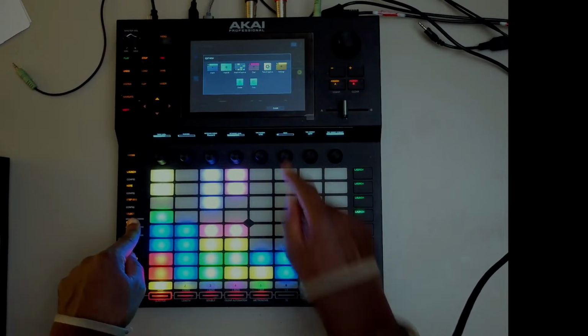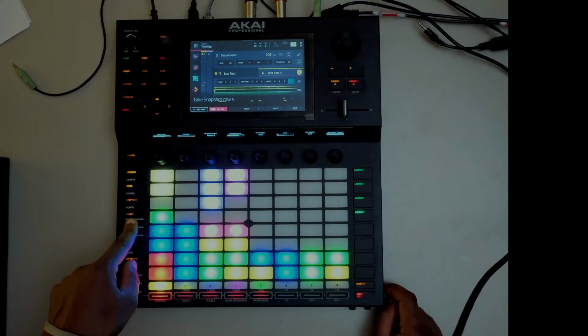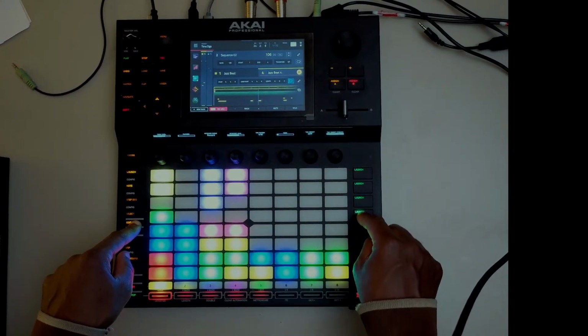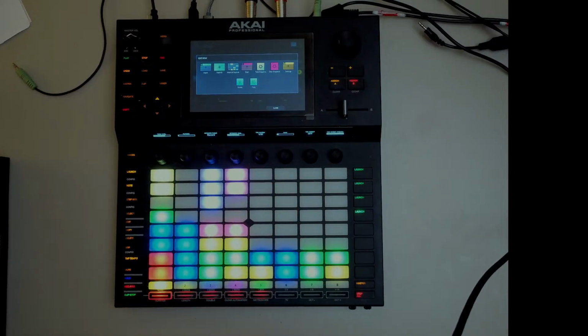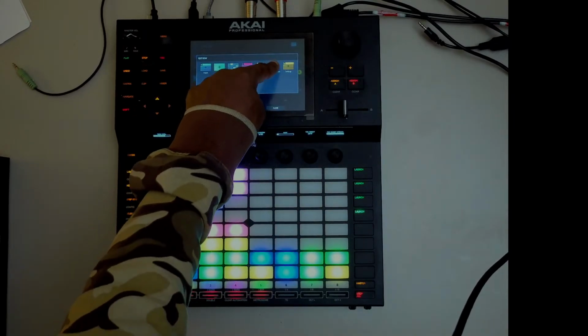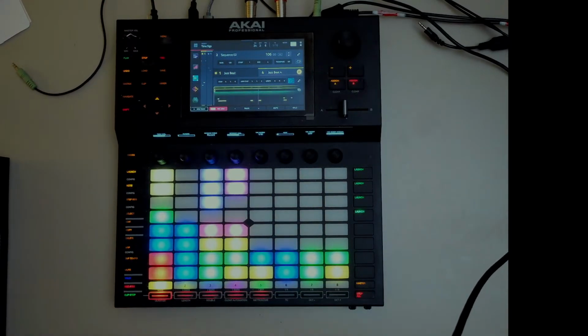Or maybe let me try something. If I take a snapshot and then I go back in, yeah, you just go clear. I knew I wasn't going crazy. You just go clear snapshot, edit clear snapshot. So that's it. That's how you clear it. You just go back to the snapshot on the row you are, and you press clear snapshot, and it clears the line.